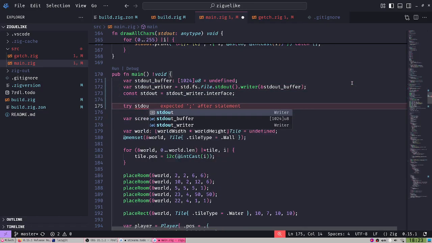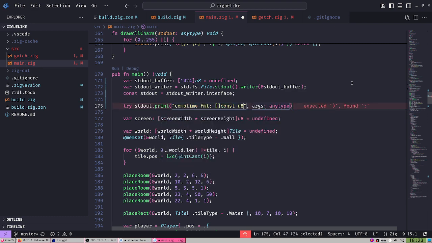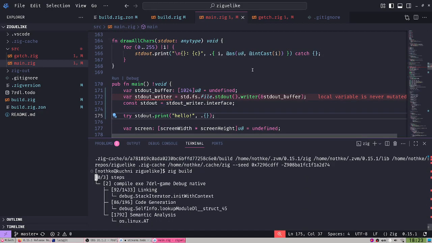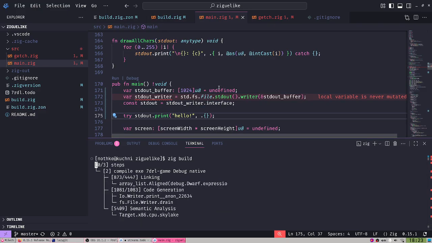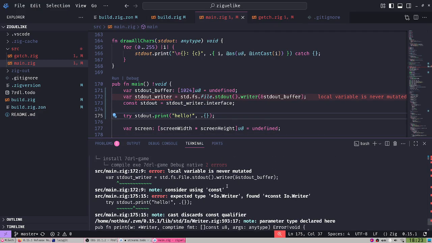Let's just do a print. Hello. And it still says it's never mutated, even though I am mutating it, of course. That's kind of strange. Never mutated.